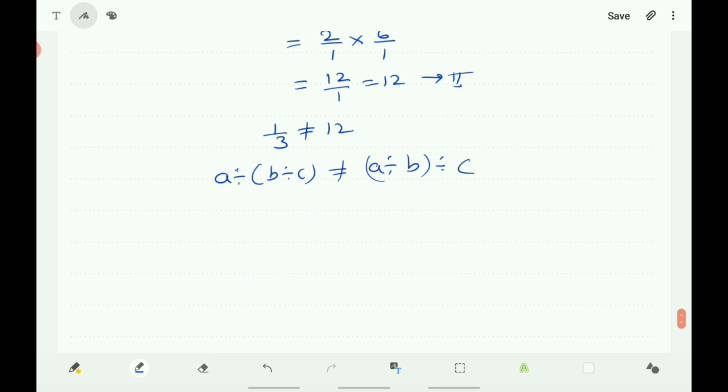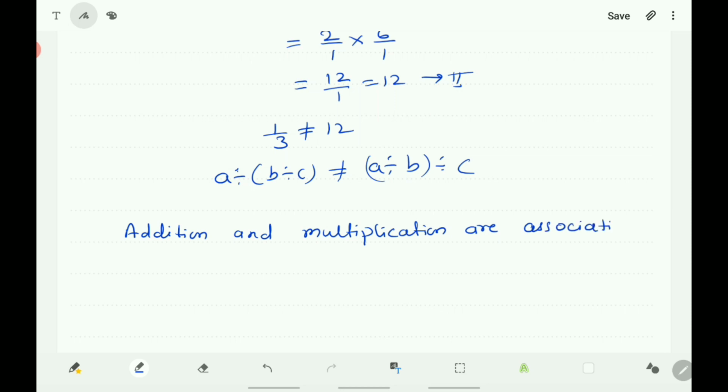Therefore, which operations are associative? Only addition and multiplication are associative for rational numbers, and subtraction and division are not associative for rational numbers. Therefore, you can conclude that addition and multiplication are associative